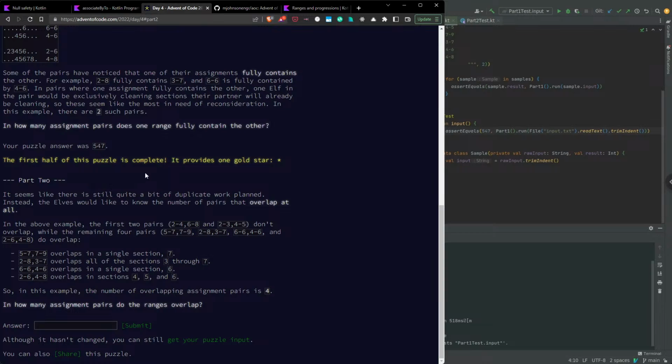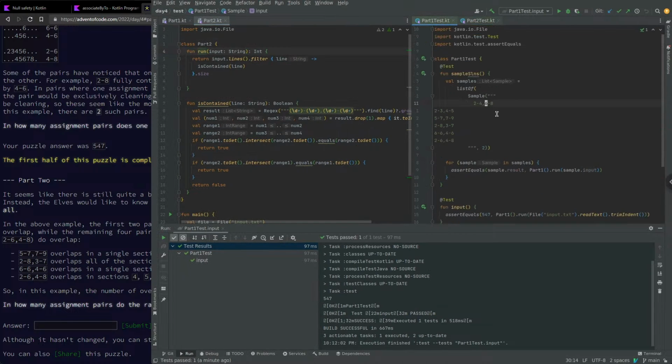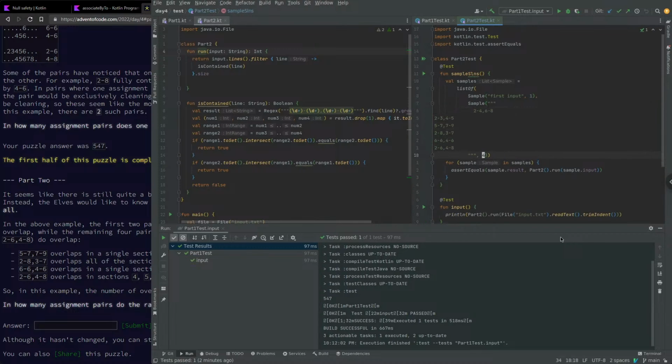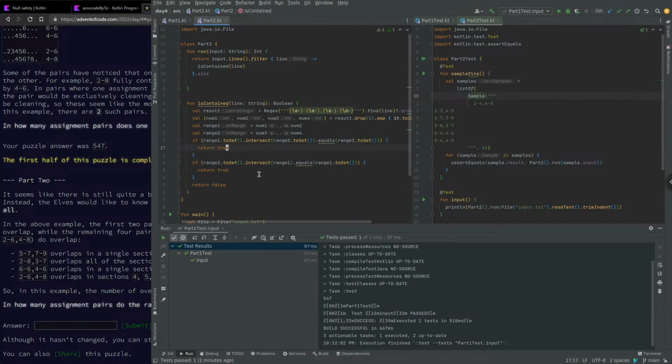Part 2. Single section. How many assignment pairs do the ranges overlap? Okay, so in the new case, it's 4. Okay, don't need this. 2 to 4, 6 to 8 don't overlap. 5 to 7 and 7 to 9 overlaps in 1. Okay, how many overlaps? Okay, so in this case, it's going to be